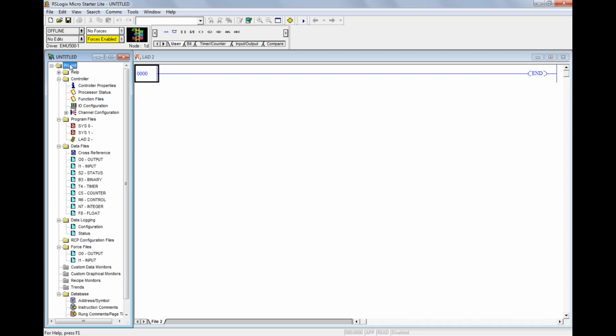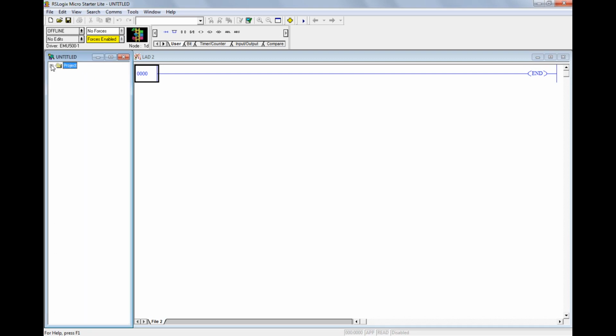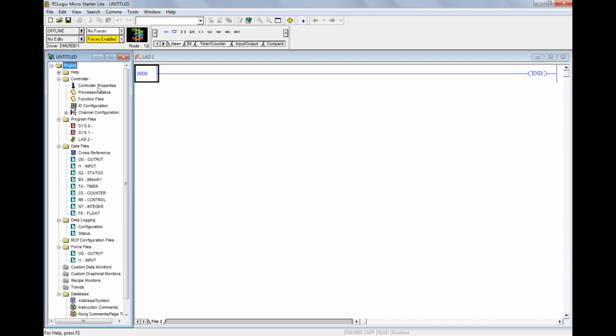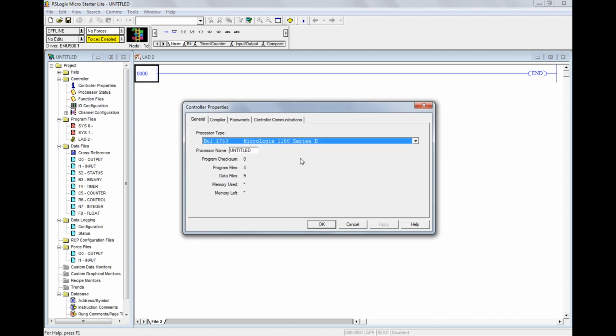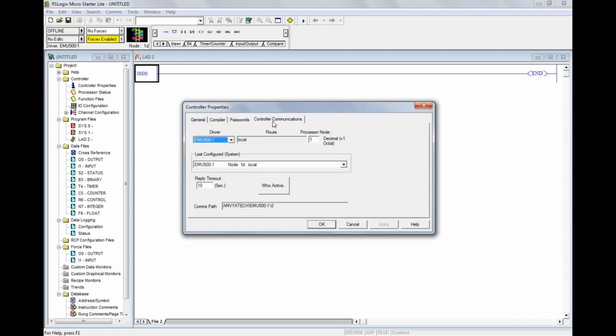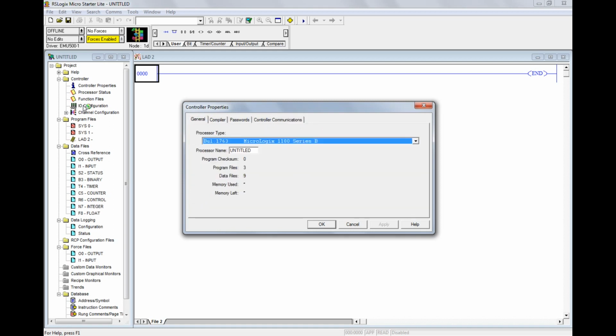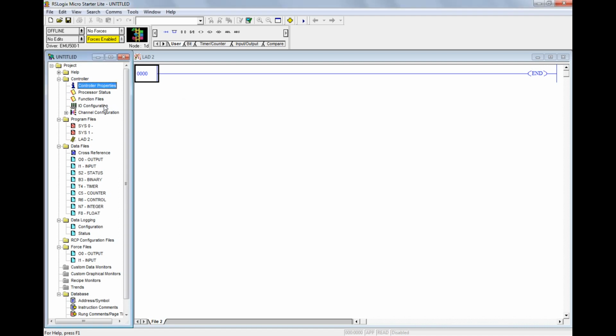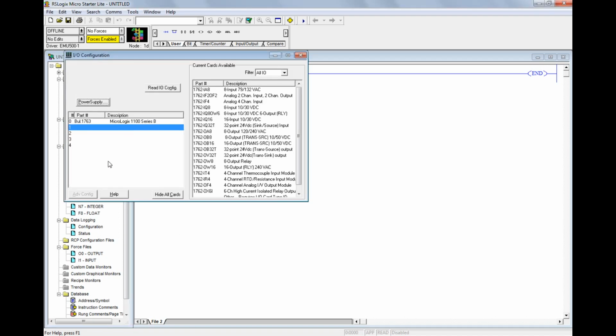And this is the project tree. Here you can get the controller properties. If you click, it will show you the controller properties. Apart from that, this is the IO configuration. Anything you want to do with the IO configuration, you can. For example, this is slot 0, where we have added the processor.